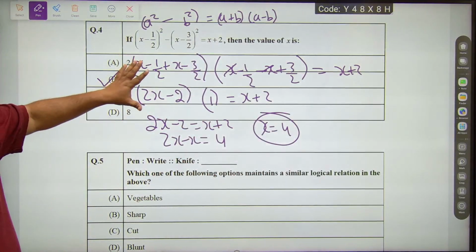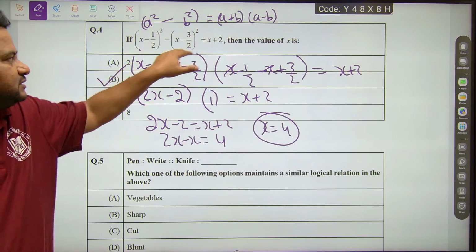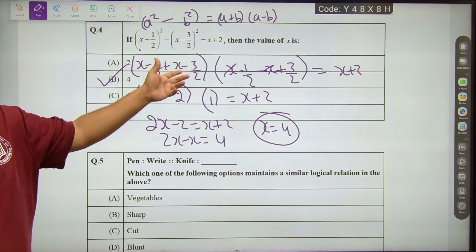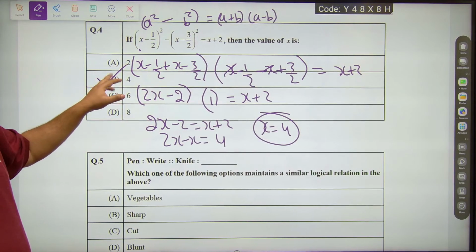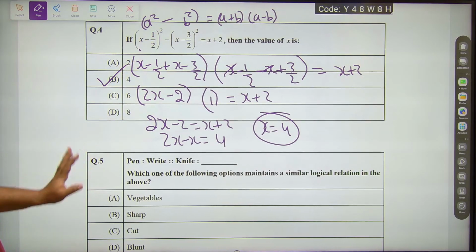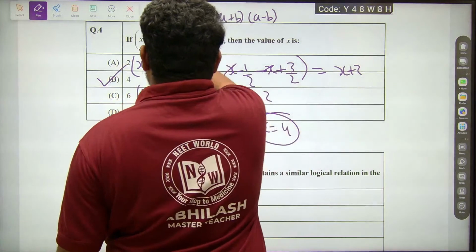You can solve it like this. Use this identity, a square minus b square, and it will give us this answer. Otherwise, if you expand, it will be a lengthy process. You don't have to do that. This is the simplified one, option B, 4. This is a 1 mark question, so you don't have to do too much calculation. Option B, 4 is the right answer. Most of the things we are getting are option B only. Let us see. Okay, on to the next question.